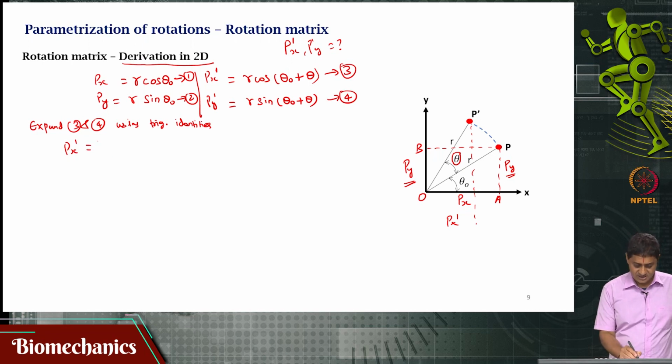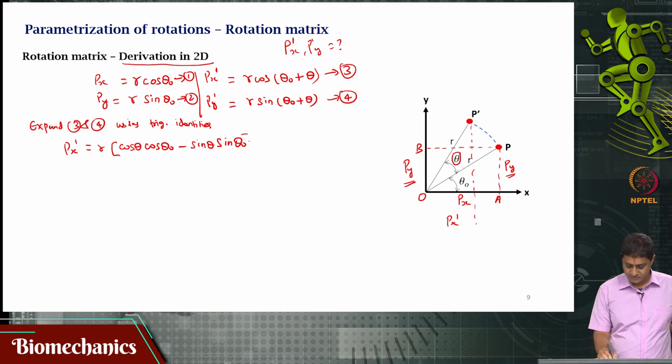That will give me Px dash as r times cos theta cos theta naught minus sin theta sin theta naught,